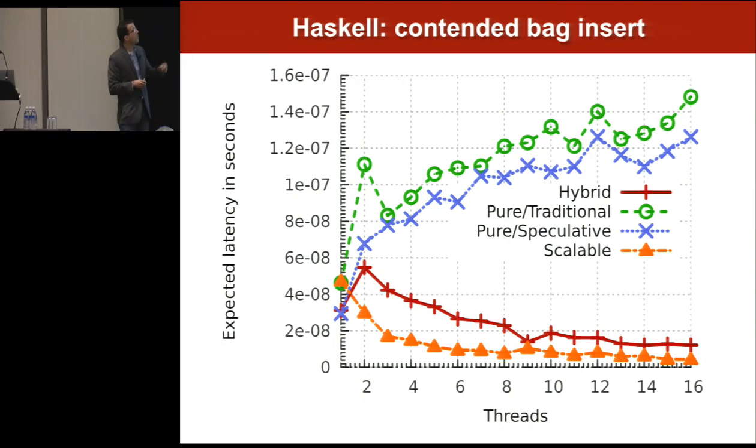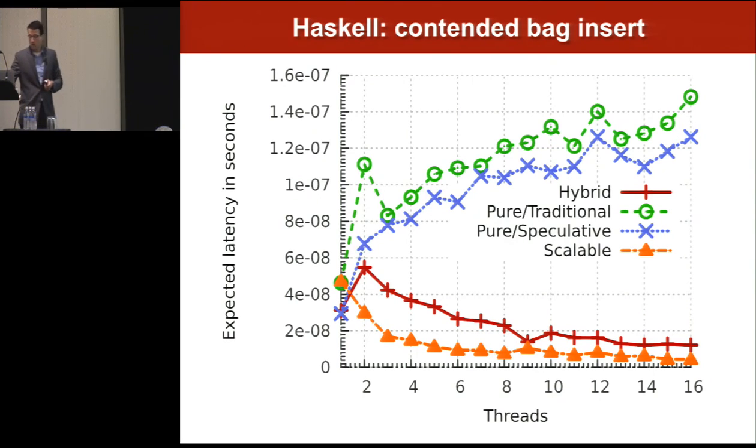The reason there's two lines for pure here is we compared both the atomic modify IORef version, the traditional one, versus a speculative one that just uses raw compare and swap. Now, what we want to see here is that the hybrid gives us the best of both worlds. And here, it's not doing as well as scalable, but it is basically tracking the trend of the scalable data structure rather than the trend of the pure data structure. Also, very important is the one-threaded case, because very often your software, which you ship, will run on one thread,